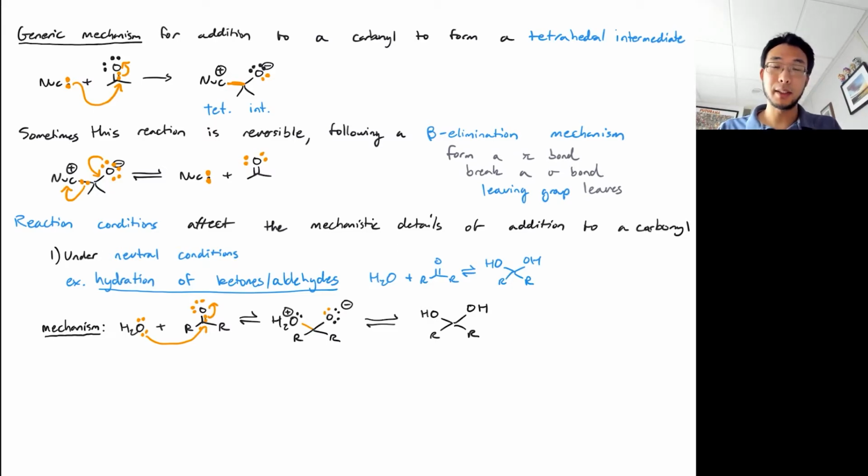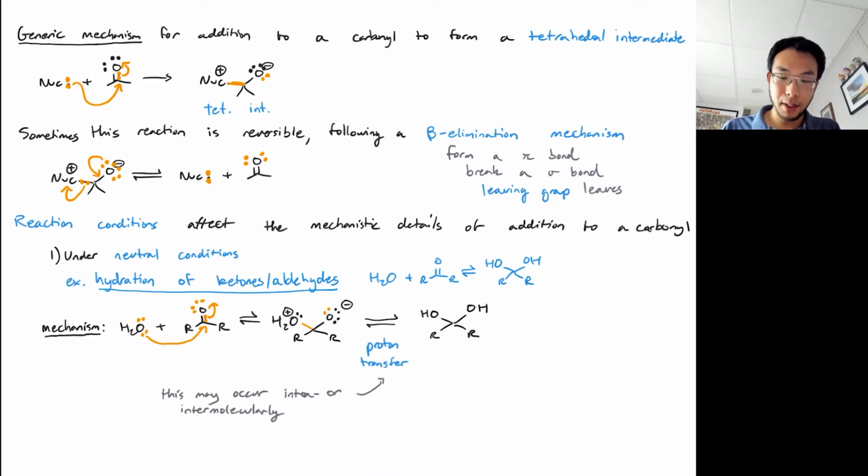And this step is an acid-base reaction because what we're getting is an acid on the left here and a base on the right. Overall, what we see is that this hydrogen is kind of jumping from one side to the other. So that is often simply referred to as a proton transfer reaction. And we usually don't bother drawing out the mechanistic detail and the arrow pushing for this because there's multiple ways that this can happen. This can either happen intramolecularly, by having the proton jump from one side to the other,